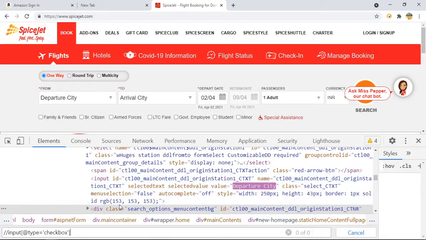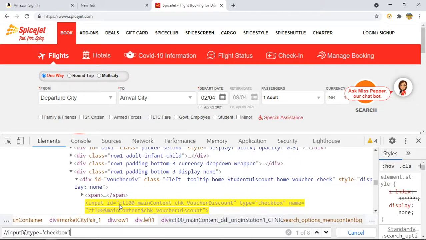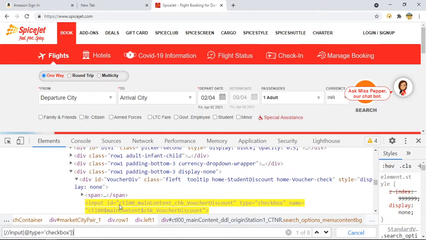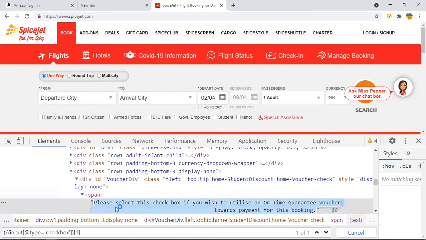Control F. No. No, I think you're right. They kept it and kind of hid it, I guess. It is written that please select this checkbox if you wish to proceed. So let me search this text.